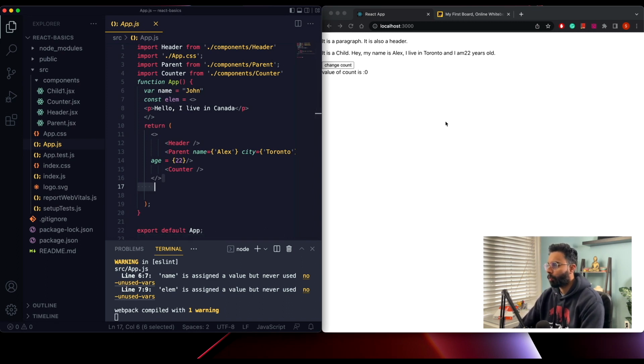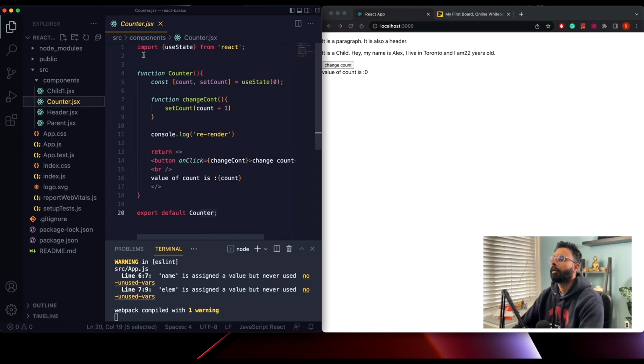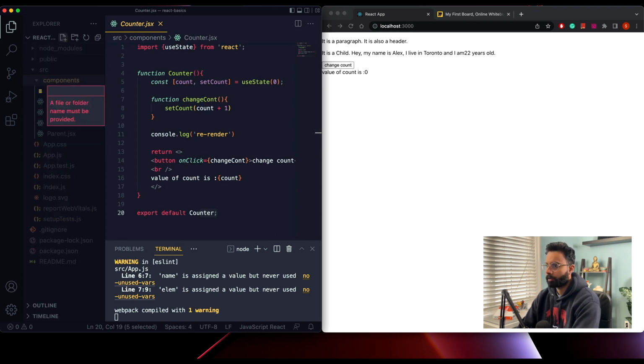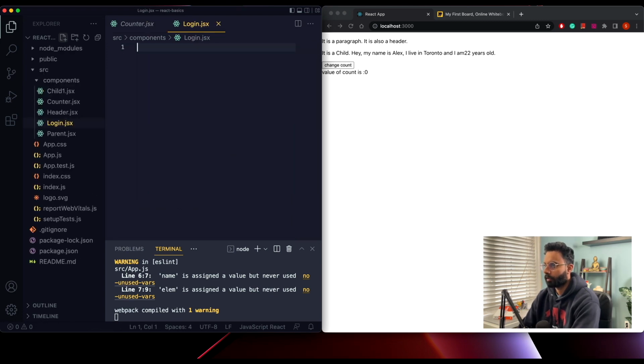Alright, so we have our app here and I didn't change anything from the previous tutorial, so everything is as we left things. Okay, so I have my React application and then I can create a new component, maybe call it login page. And then let's create our component here. So let's create our function, login, and a return statement,